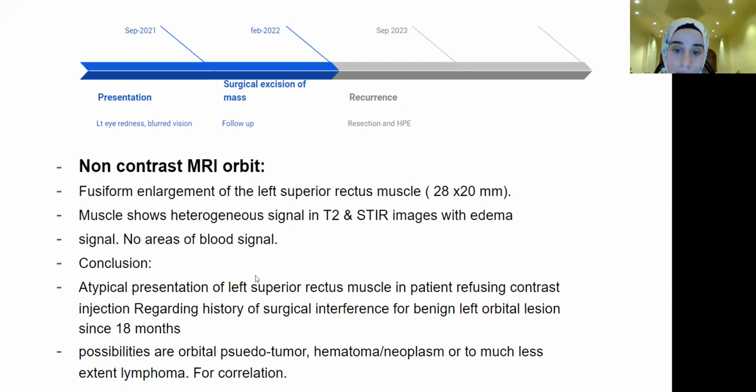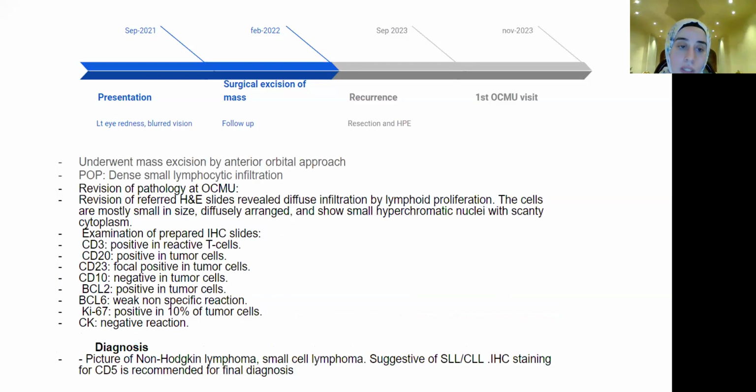The conclusion was that it was possibly an orbital pseudotumor or hematoma and, to a much lesser extent, lymphoma, for correlation. So the patient again underwent mass excision, and post-operative pathology showed dense small lymphocytic infiltration. Then he was referred to the oncology center for further workup and management. The first thing that was done was the revision of pathology and